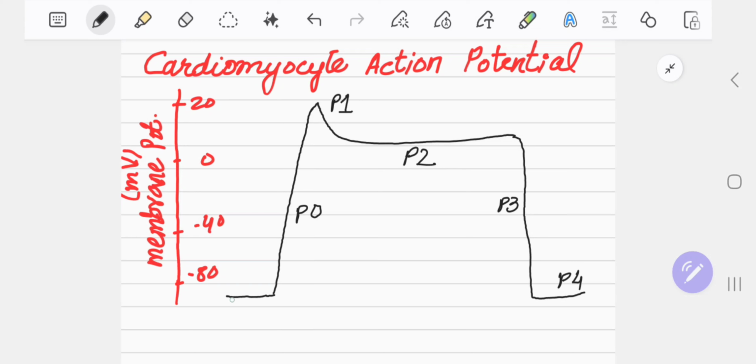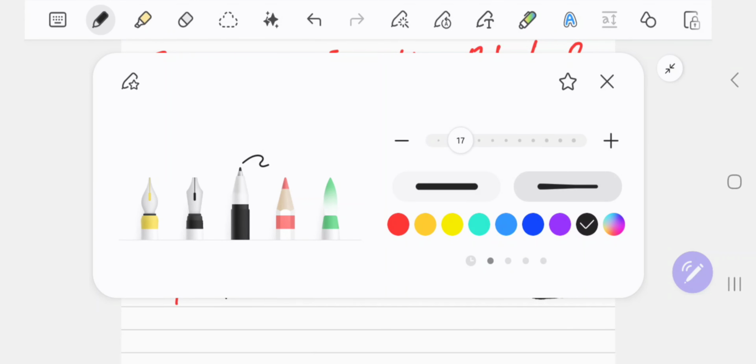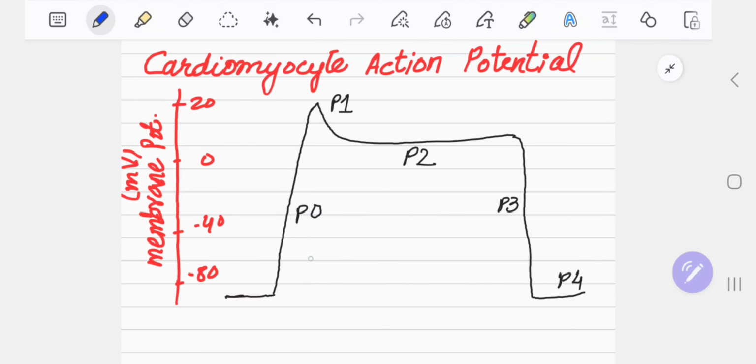So phase 0. Okay, when the membrane is at the resting potential, when there is no action potential, no channels are open. But when a signal comes, the sodium channels open, so sodium ions start coming in. I can quickly draw it here. The membrane is usually negatively charged from inside, and this is the sodium channel, and when the sodium starts coming in,